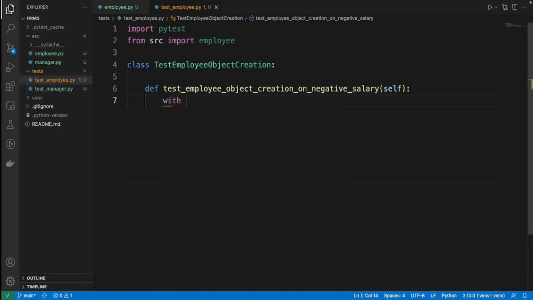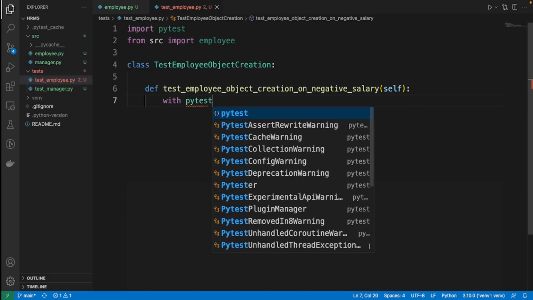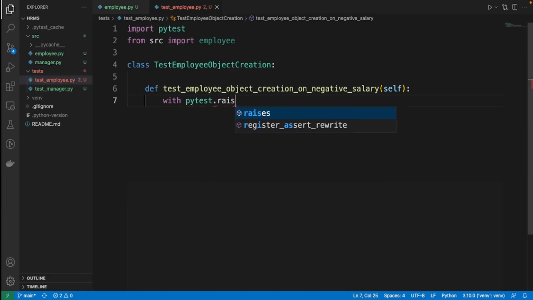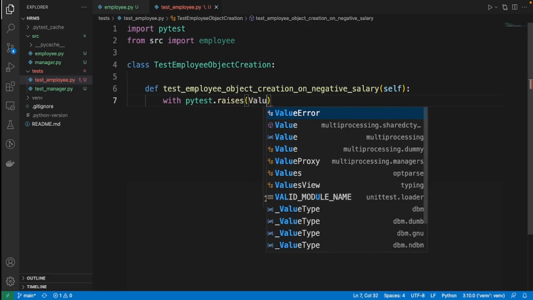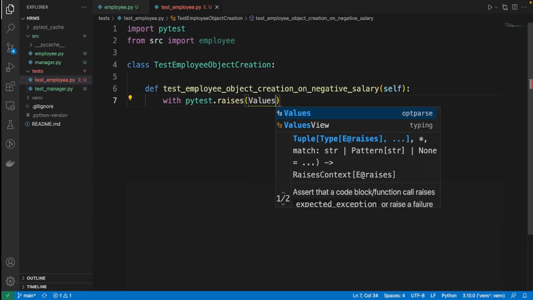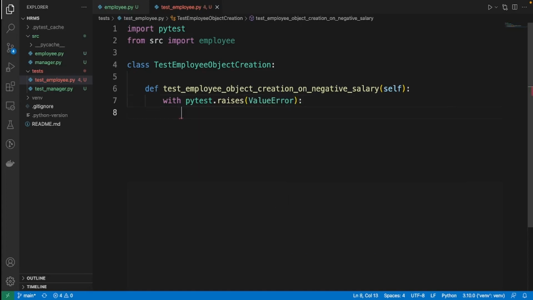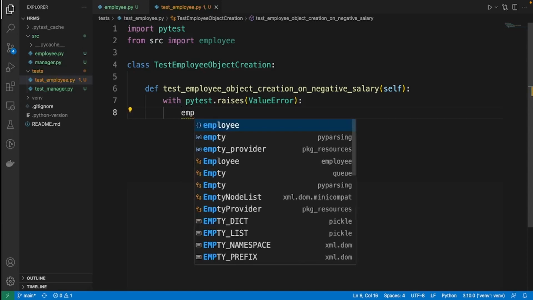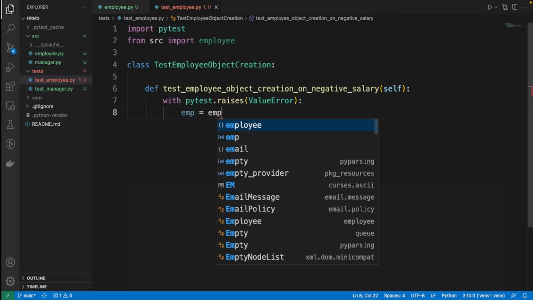So we are going to open a context manager. So with pytest.raises, so this is the context manager, and we check what is raised. For this case, it should be a value error. And now we can create the employee object. So our employee, we could even call it just employee object anyway. So employee is going to be